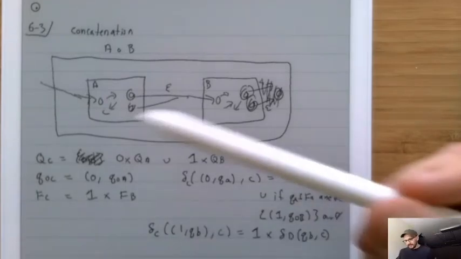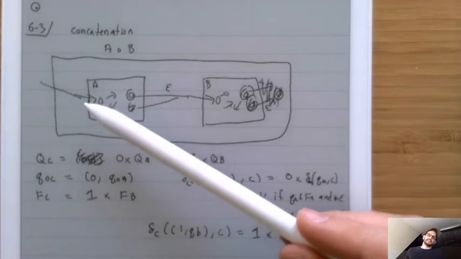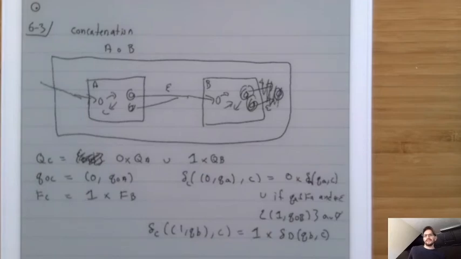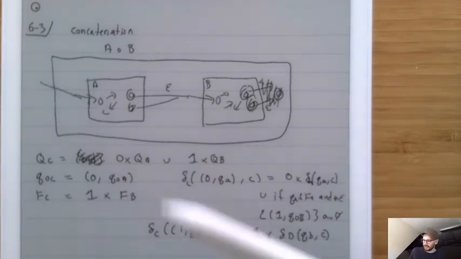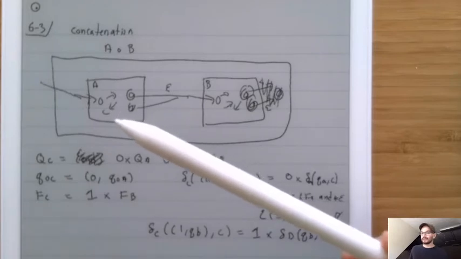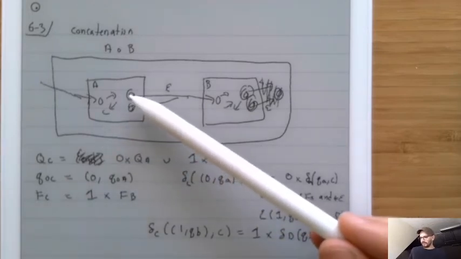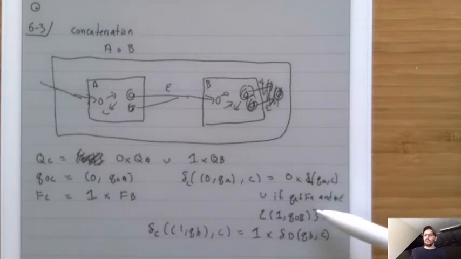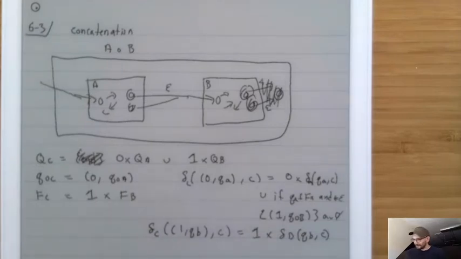So the idea here is that we always start at A, and then whenever A ends, we non-deterministically decide whether or not we're going to go over to B. And this is actually an important idea because we may keep going in A. You know what I mean? That's why it's a non-deterministic decision. There may be transitions from these start states back into A somewhere. That's what these are doing right here, because we're saying that we do whatever A was going to do, plus we do more behavior. We also might go to its epsilon transition. Okay, isn't that nice? Now we've come up with a way of writing down concatenation,